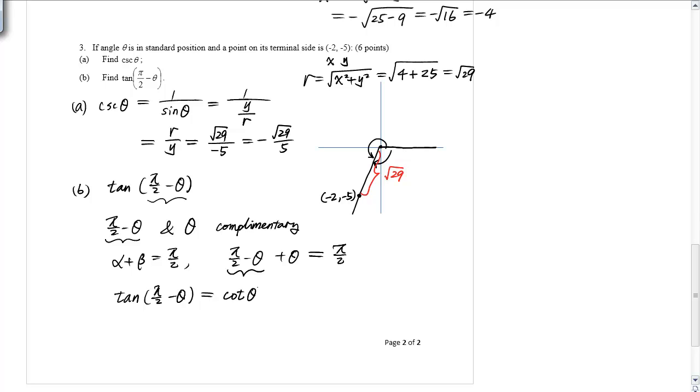Okay, and we can definitely find cotangent theta. Cotangent theta is x over y. In this case, x is -2, y is -5. So this